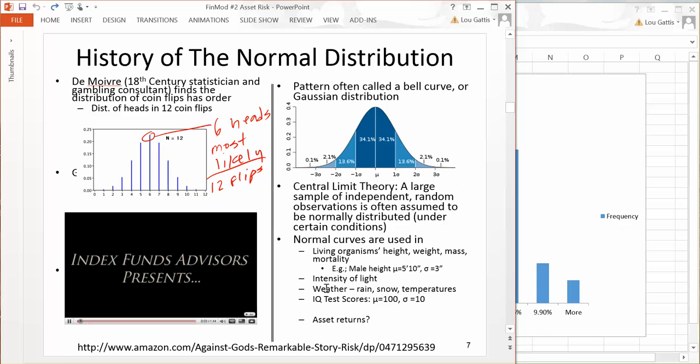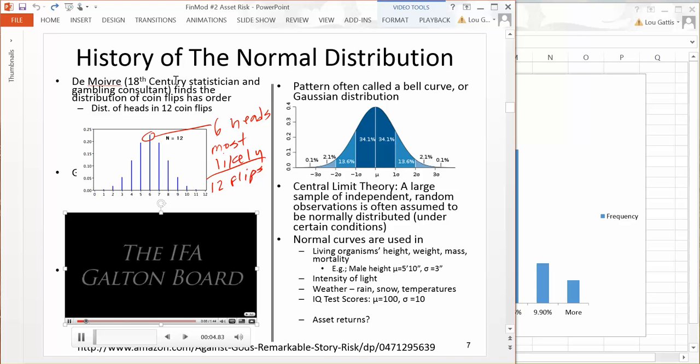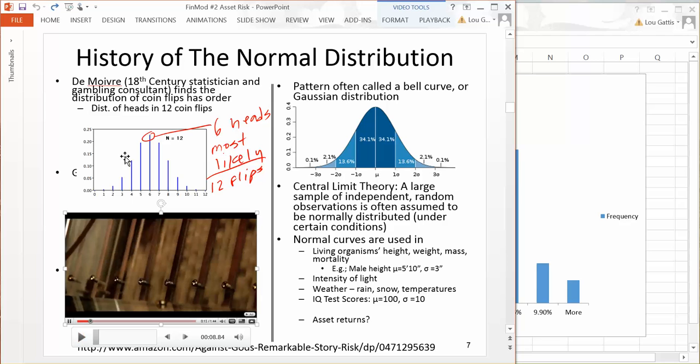So just a little discussion of standard deviation. You can think of standard deviation a couple of different ways. One, an 18th century statistician flipped coins, recorded a series of 12 flips, and then did it over and over and over again, 12 flips. And what he found is what you would expect: about 20 to 25% of the time,